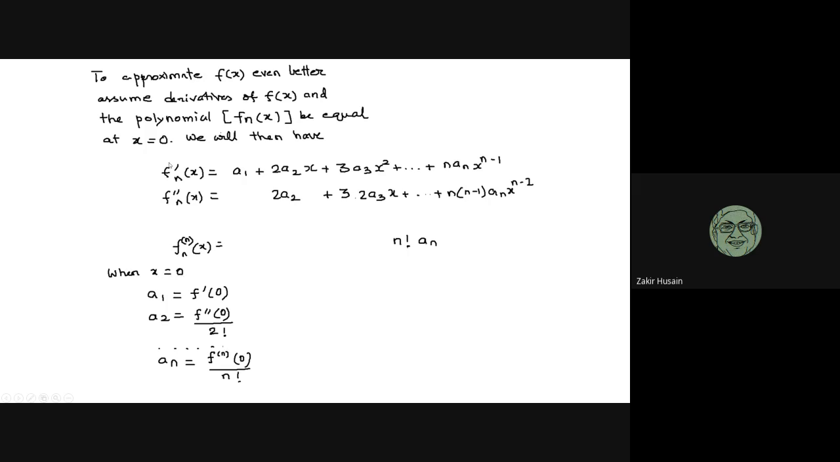So when x equal to 0, the derivatives of f(x) and the polynomial are equal. And so I can write this. I can set this equal to f(x). So all the x's will disappear. f of 0 will be equal to a0. Do you understand? So what I'm saying is that I'm setting this equal to